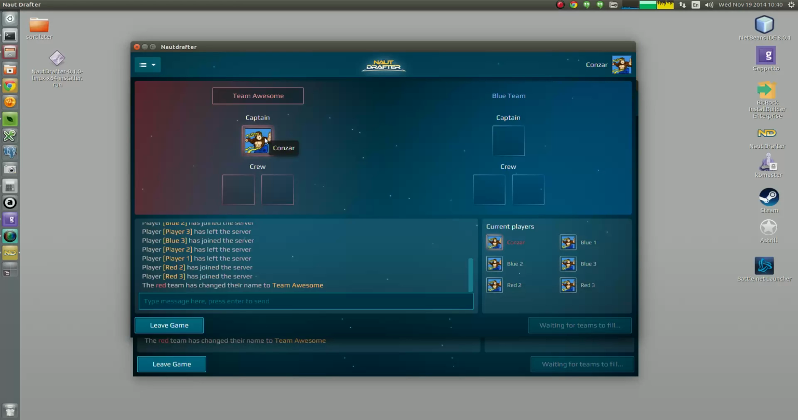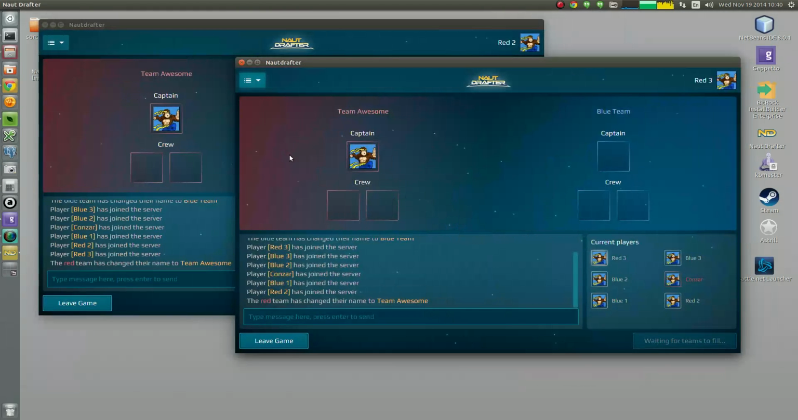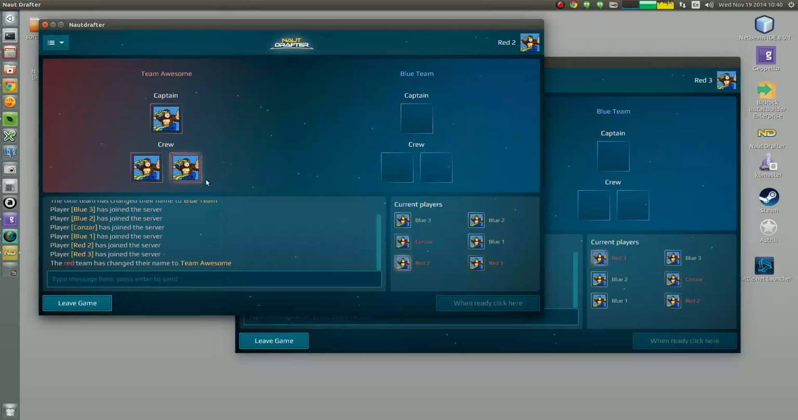Otherwise, if there is conflict, I don't think there will be, but whoever has the highest Awesomenaut ranking will get the captain seat if there's some conflict over who's the captain. So anyways, you guys can sort that out. I'm going to go ahead, because I've set up a bunch of these. So other players, just click on crew,